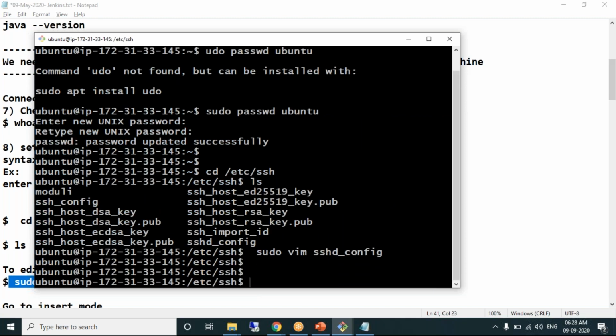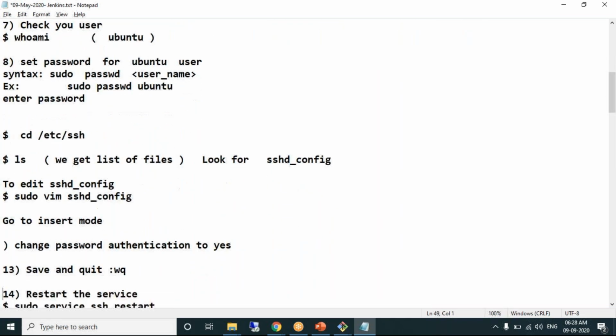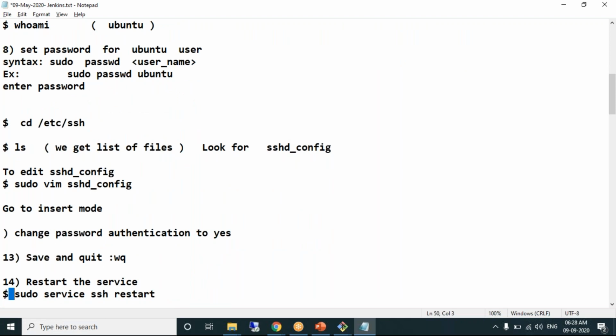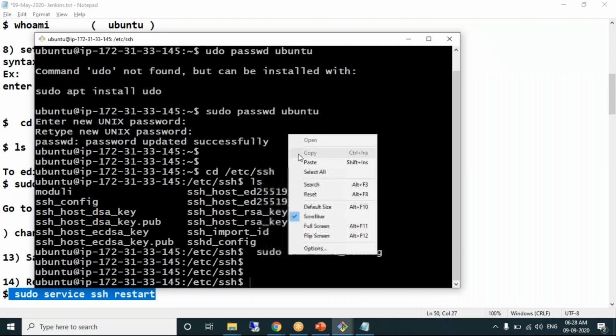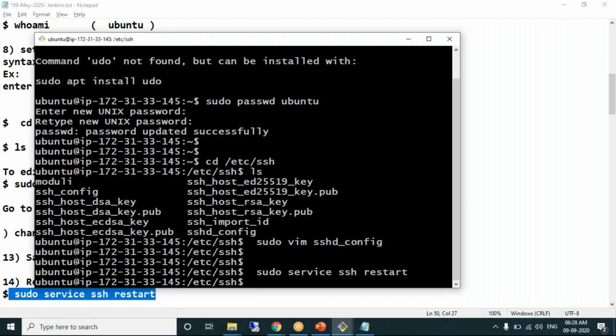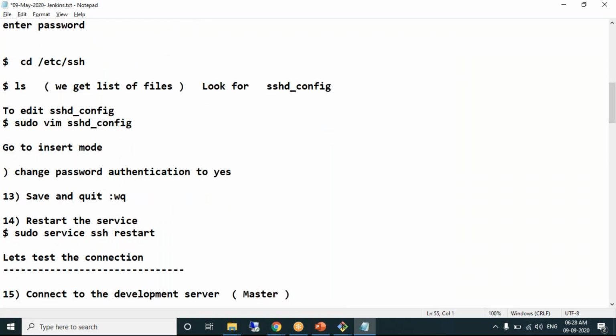As I have made some changes in the SSHD config file, you should restart the SSH service. Service SSH restart is the command to restart the secure shell service. This is the second step. First step, define the password for the specific user. Next, go to the SSHD config file and make some changes. Next,